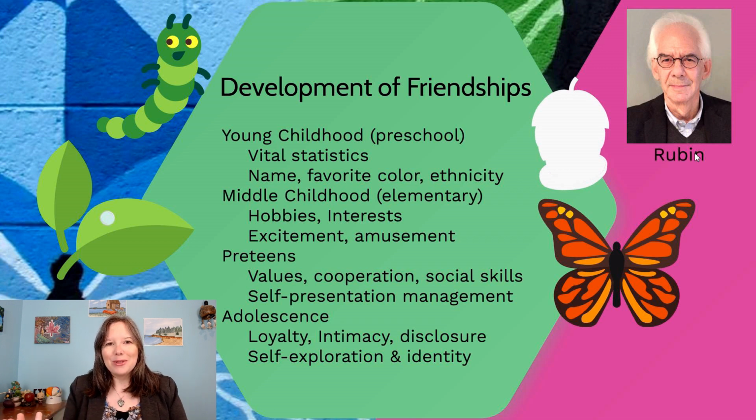Versus when we get older, the threshold to become a friend becomes much more challenging. If a child is allowed to select a friend from a group of classmates or a group of other children in daycare, they tend to identify and pick the kids that have some similarities to them.